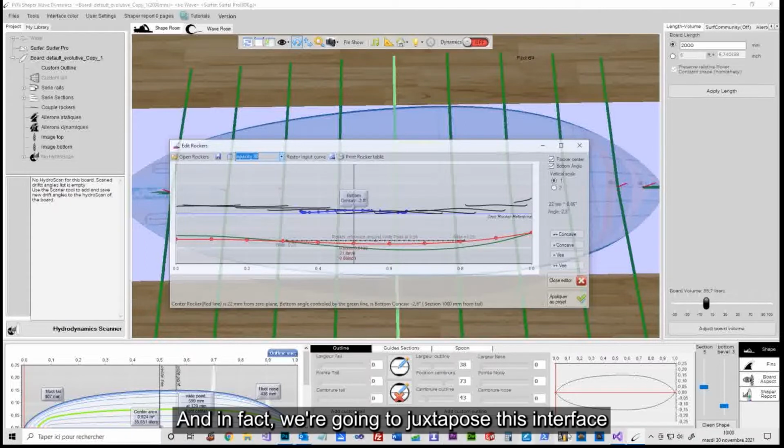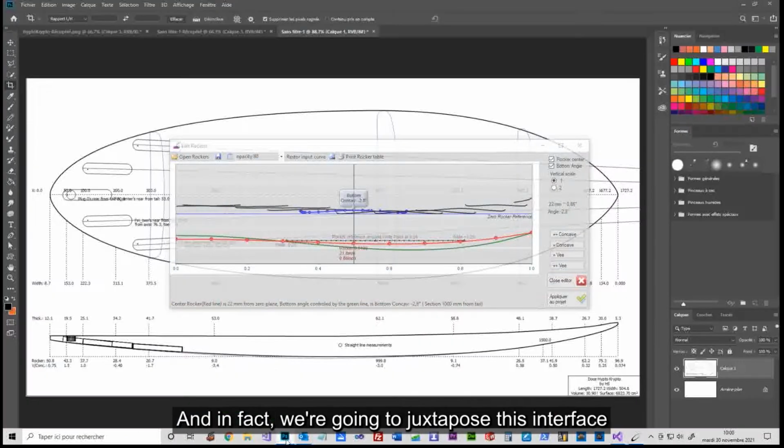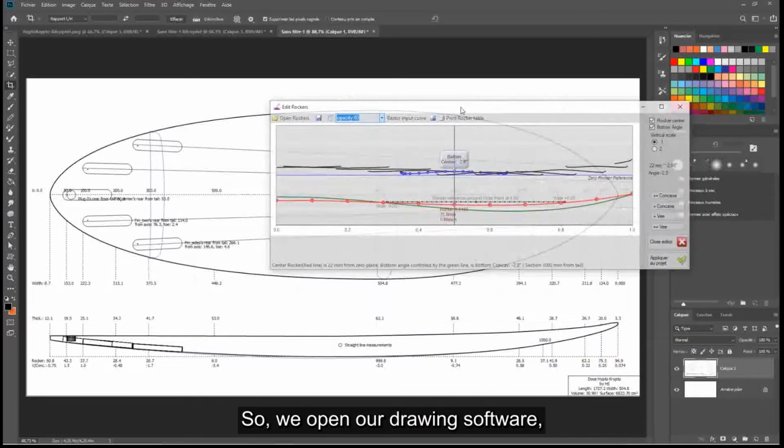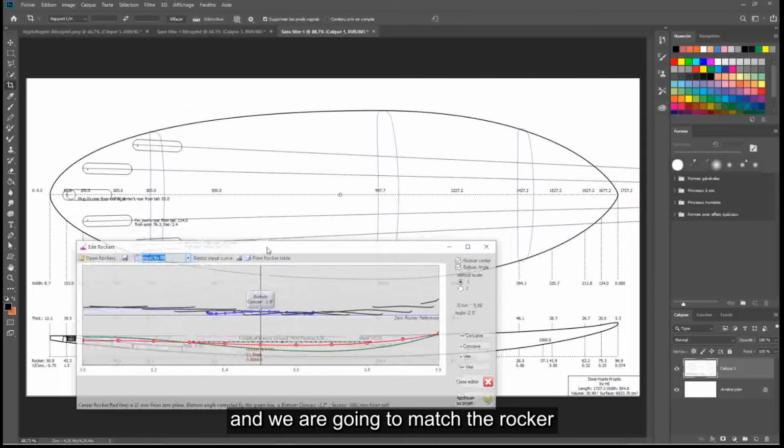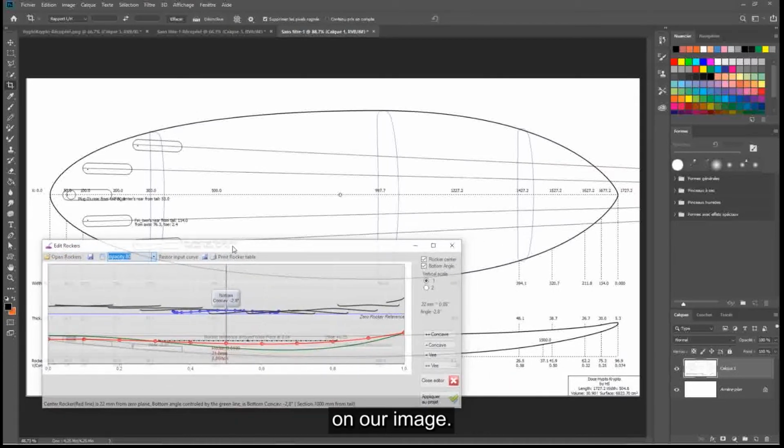And in fact, we're going to juxtapose this interface with our rocker image. So we open our drawing software, we put our image in plan here and we are going to match the rocker on our image.